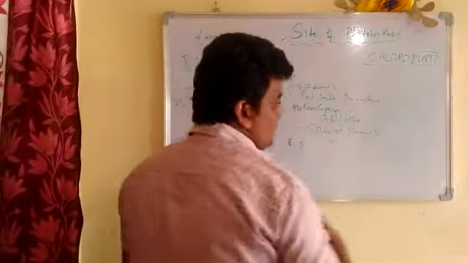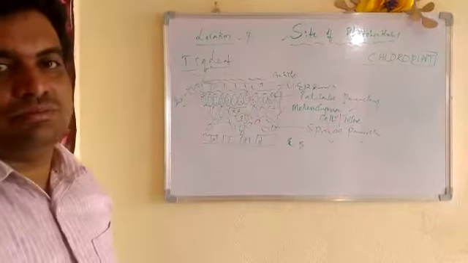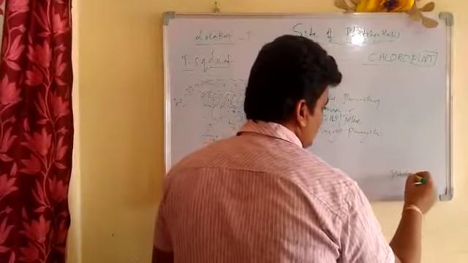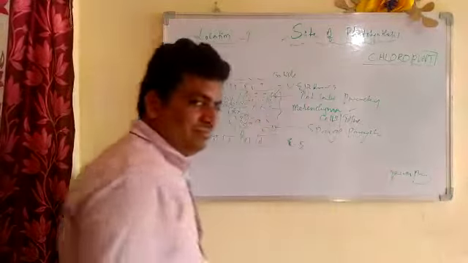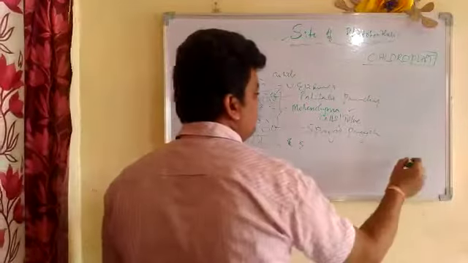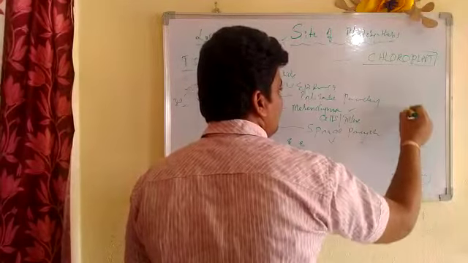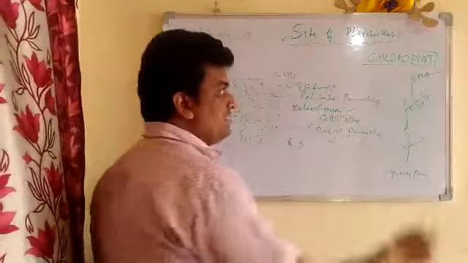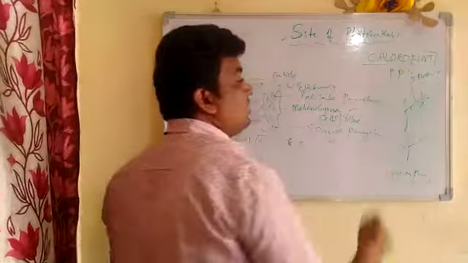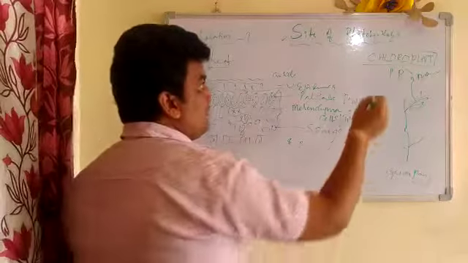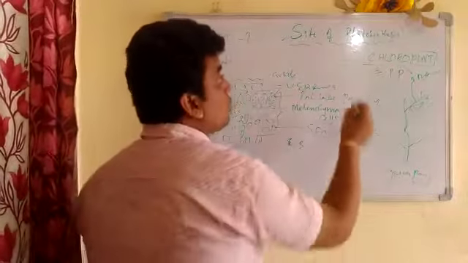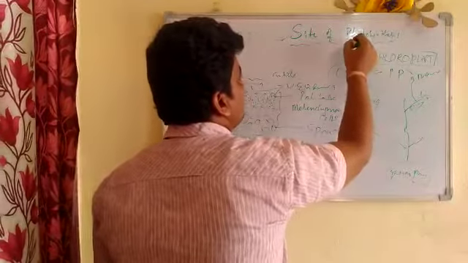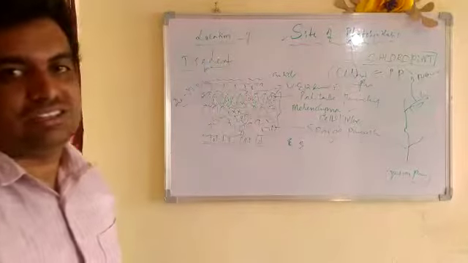Now you tell me, children, if anybody asks you what is the location of photosynthesis, somebody says all the green plants. Where in the green plants? In the branches. Where in the branches? In the leaves. Where in the leaf? The mesophyll tissue. Where in the mesophyll tissue? The palisade parenchyma or spongy parenchyma. Where in the palisade parenchyma or spongy parenchyma? In the chloroplast. The exact location of photosynthesis is the chloroplast.